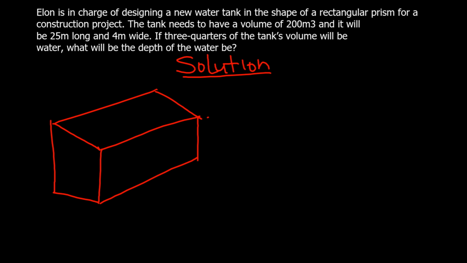So this is like a rectangular tank. I can even draw some dotted lines in there, you know. So this is our rectangular prism, and this is what Elon wants to design, and 3/4 of this tank will